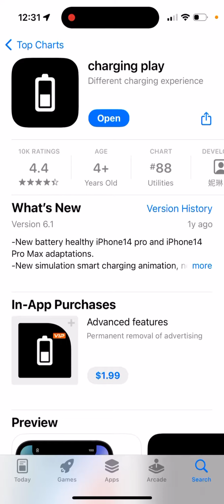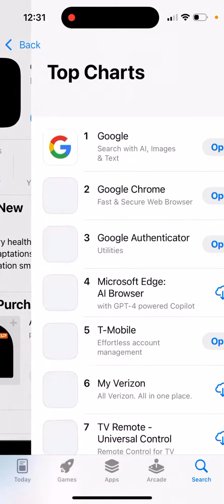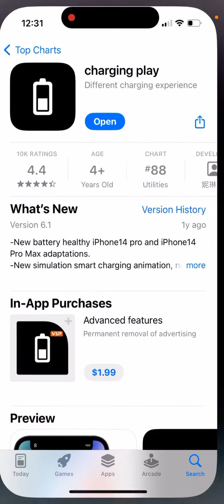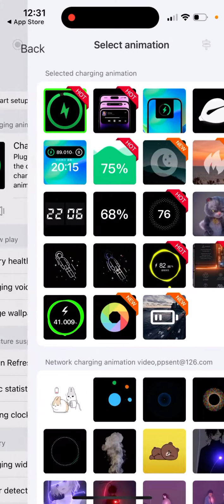How to use Charge and Play app. So here is the app. You just need to search the one you like. I personally like this one because it's in the top charts, higher than other apps in this category. So that's the one. So you just open it up, and first of all, you just need